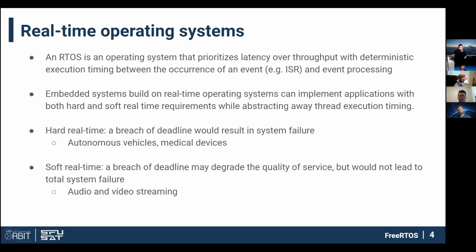So the most useful definition I've seen for hard real-time is a task which, if its deadline is missed, would make the system useless, essentially, right? So if you think of an autonomous vehicle, you probably wouldn't want to drive in a self-driving car that occasionally was late to apply the brakes. And you wouldn't want to use a pacemaker that had a built-in arrhythmia or something like that, right? So that's an example of a hard real-time system.